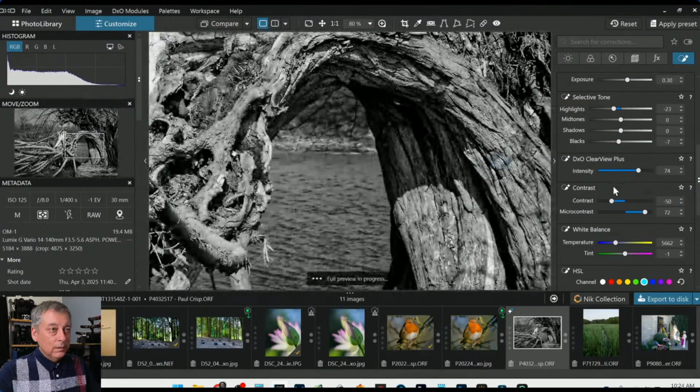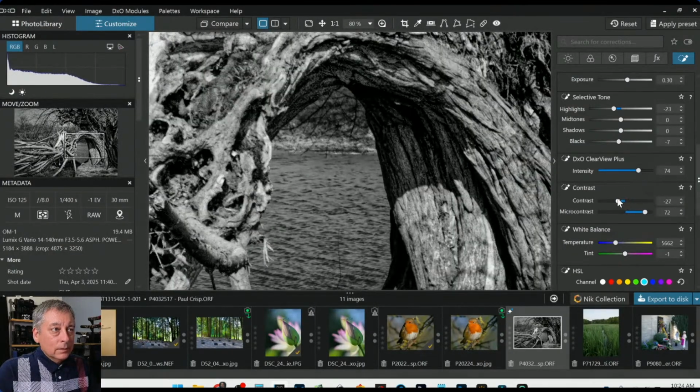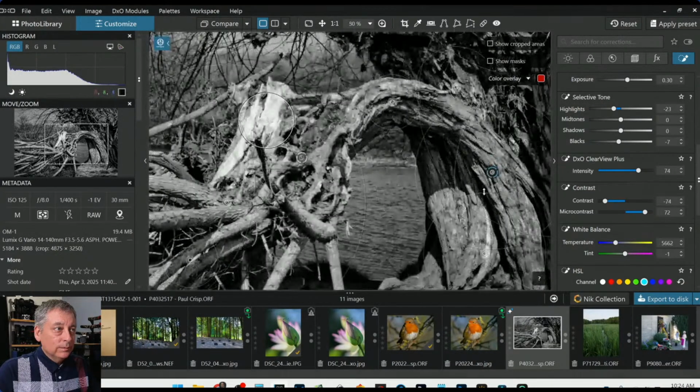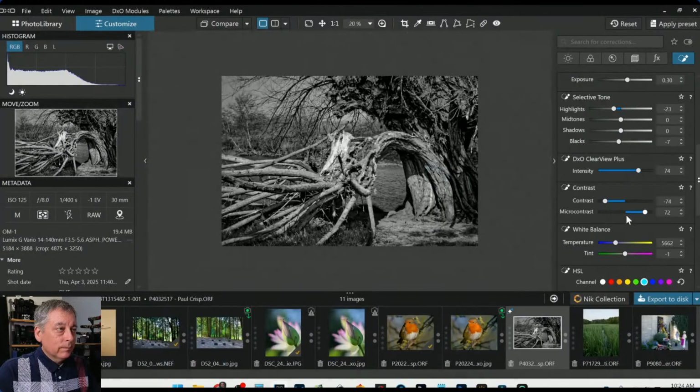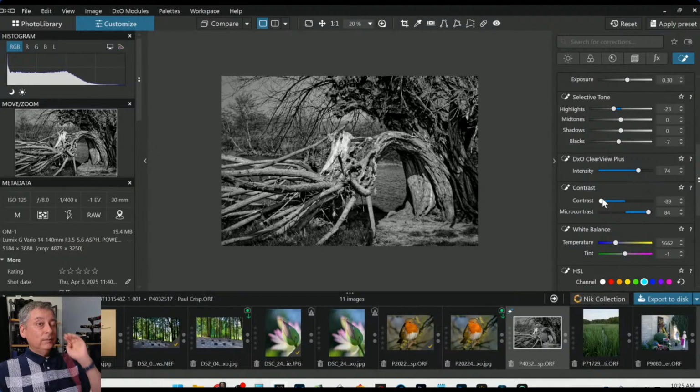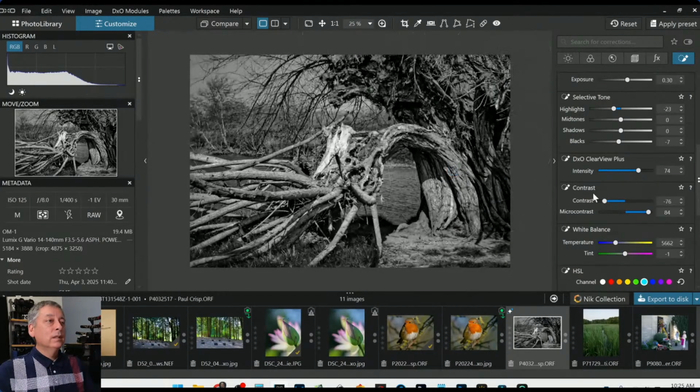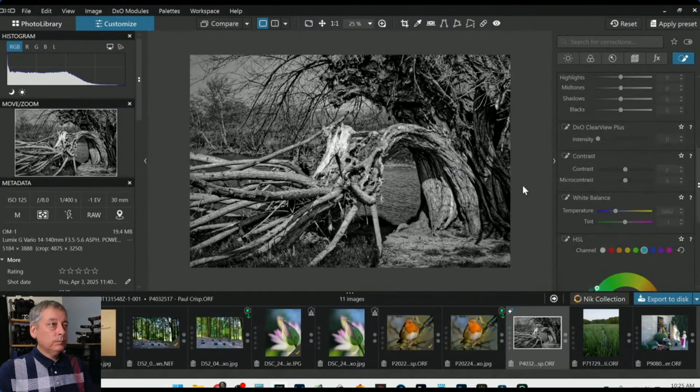Oh, look, because the tree is getting a little bit too contrasty to the point it blends in with the background. So this is sort of the global contrast. But I want to keep the fine details with the micro contrast. I think that's good. All right. And then